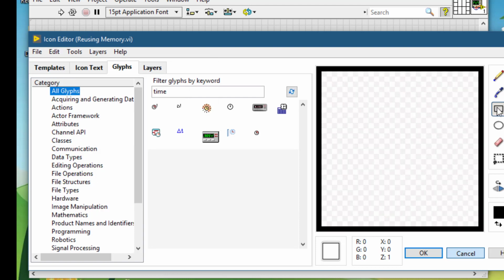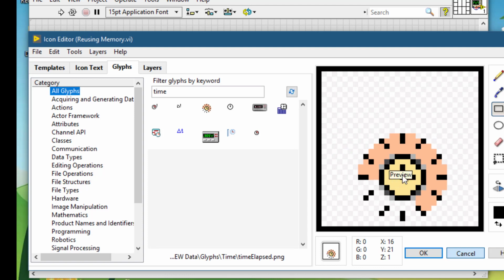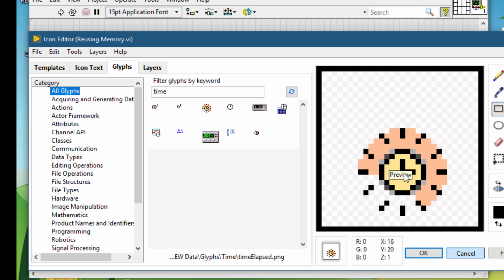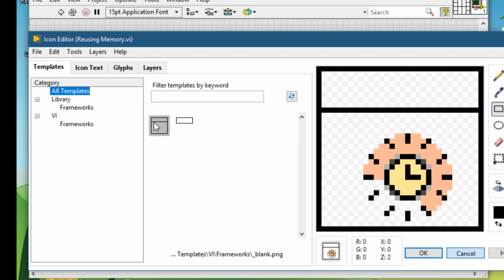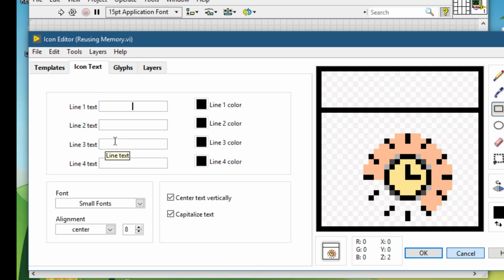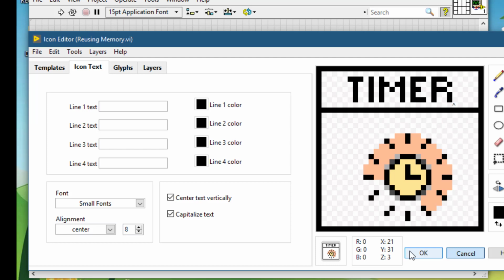Let's create a border and let's put a timing glyph. Let's use this template and write a text. Let's call this timer VI. Okay,